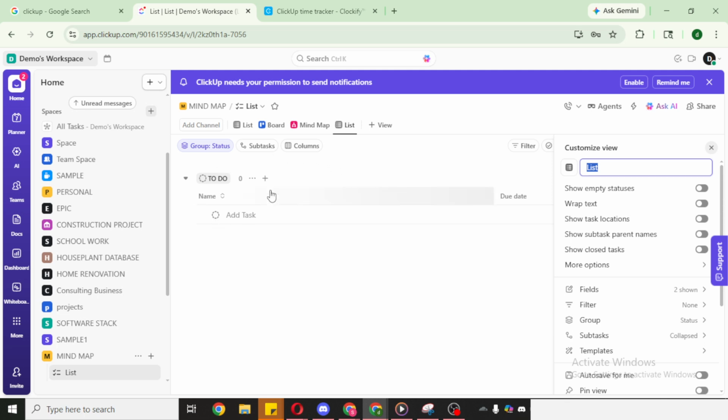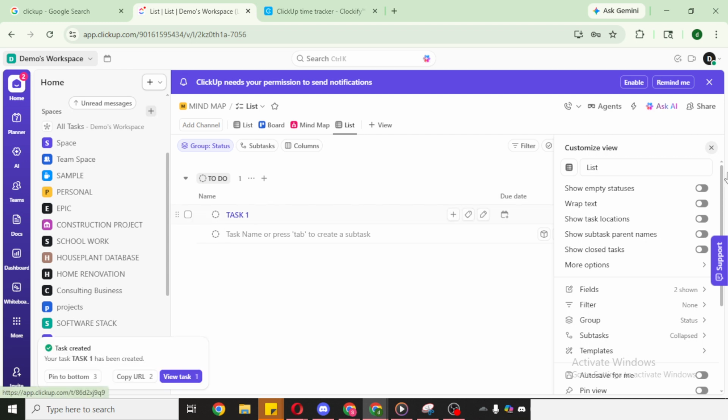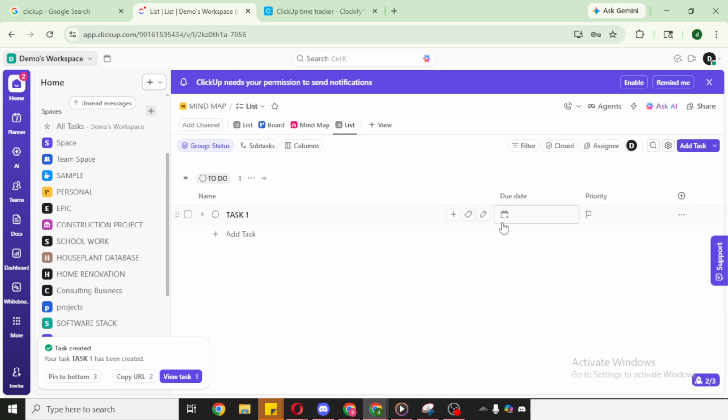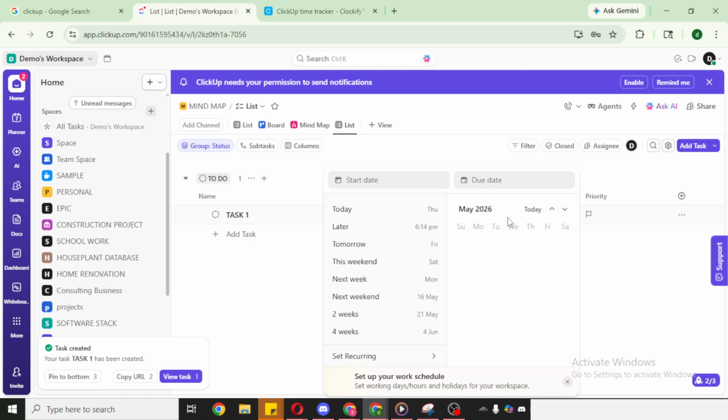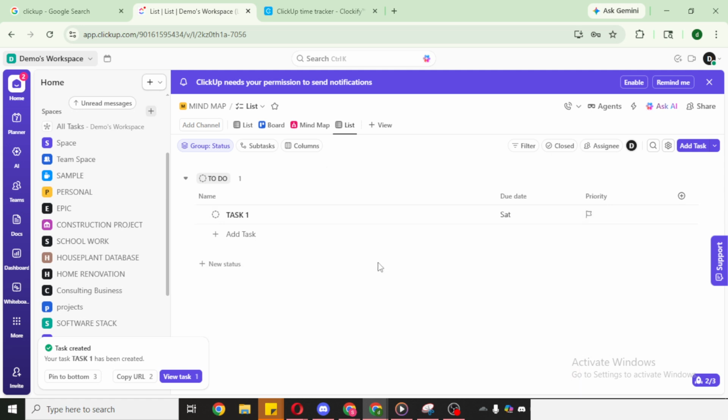With the list view created, you can start adding tasks immediately. Use the New Task button in your list to create items, give each a clear name, and add the essentials you'll rely on later: assignees, due dates, and a brief description. If you already know the status or priority, set those as you go to keep everything consistent. Short, action-oriented task names make scanning your list faster, and adding due dates up front helps you plan realistically.